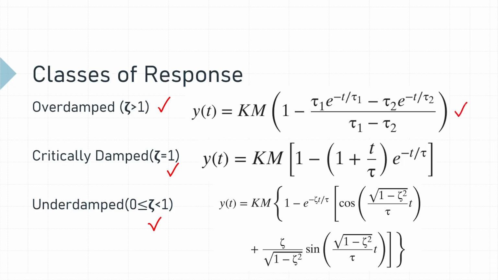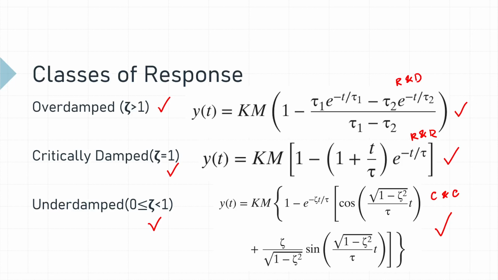You could take this one for overdamped. This is the step response of the overdamped system. This one is for the critically damped, and this one is for the underdamped. If you can still recall, this is for real and distinct roots. This one is for real and repeated roots. And this one is for complex conjugate roots of the system. And that's just how they usually work.